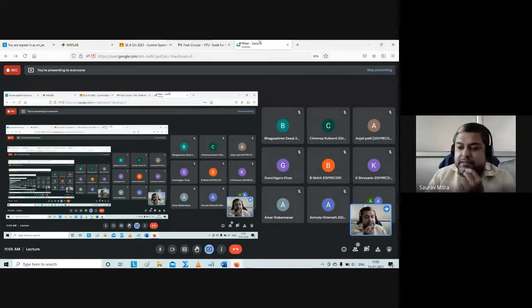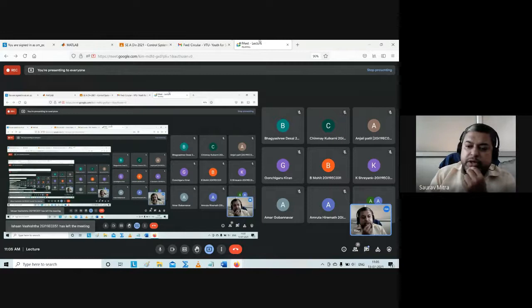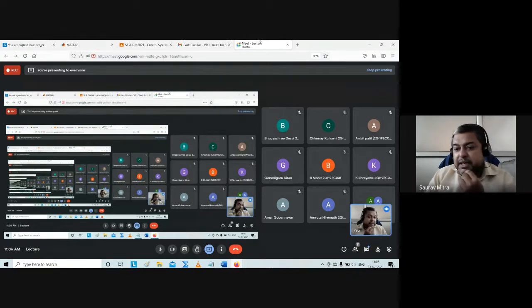So the first range, you can write in short, is 0.1 radian per second up to 5 radian per second: minus 20 dB per decade. Then 5 to 20 radian per second: minus 40 dB per decade. 20 to 60 radian per second: minus 60 dB per decade. What happens at 60? At 60, we find there is a rising slope. So at 60, there will be a rising slope.